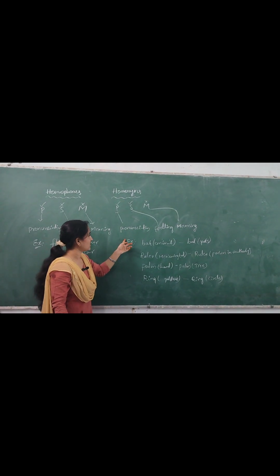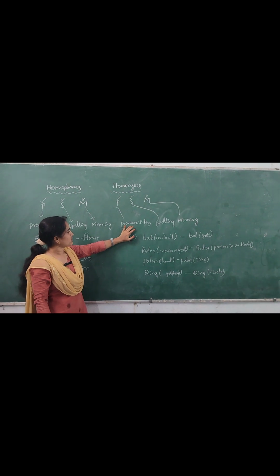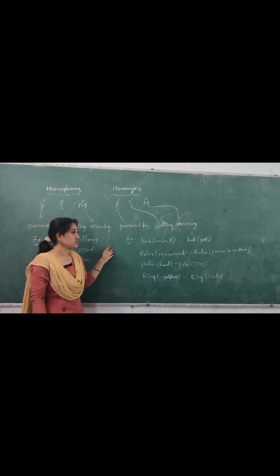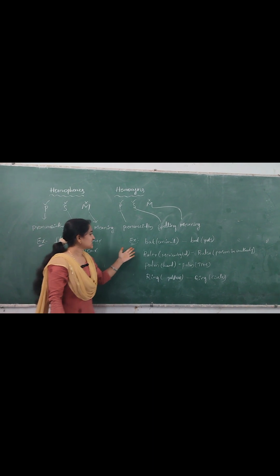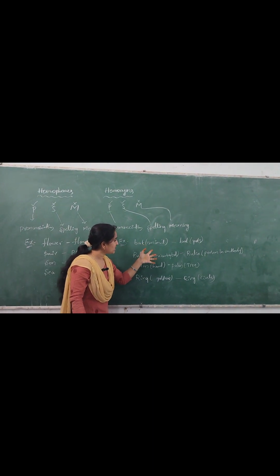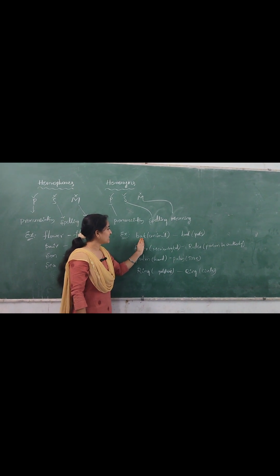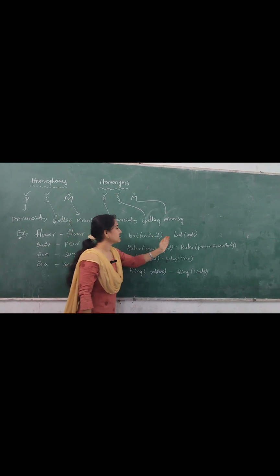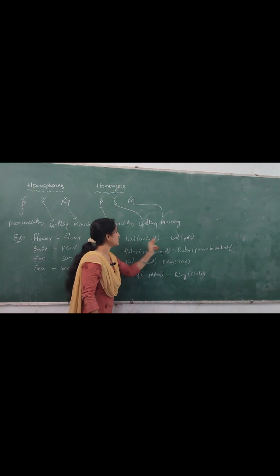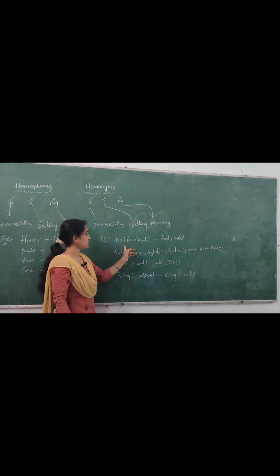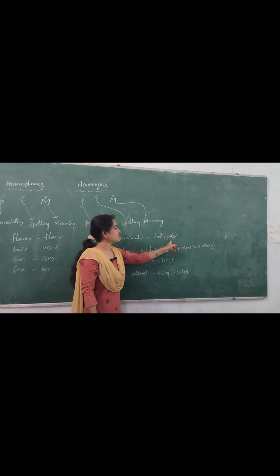Now you can see here, the words which are the same in pronunciation and the same in spelling but different in meanings, those words are called homonyms. For your convenience, I wrote the meaning of the words also, without any confusion. Bat. Bat is an animal, a mammal. And another word, bat. These two words have the same pronunciation and same spelling, but the meanings are completely changed. Bat is an animal and bat is sports equipment.